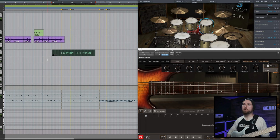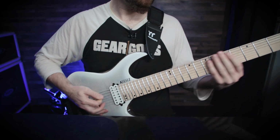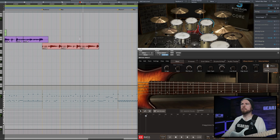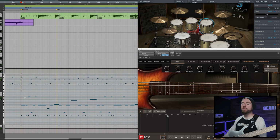Cool. So for this pre-chorus, I'm gonna try and harken back to the intro so that we've got some continuity going on. And then blast beats. I've now put in the bass line for the pre-chorus, and it sounds pretty awesome as